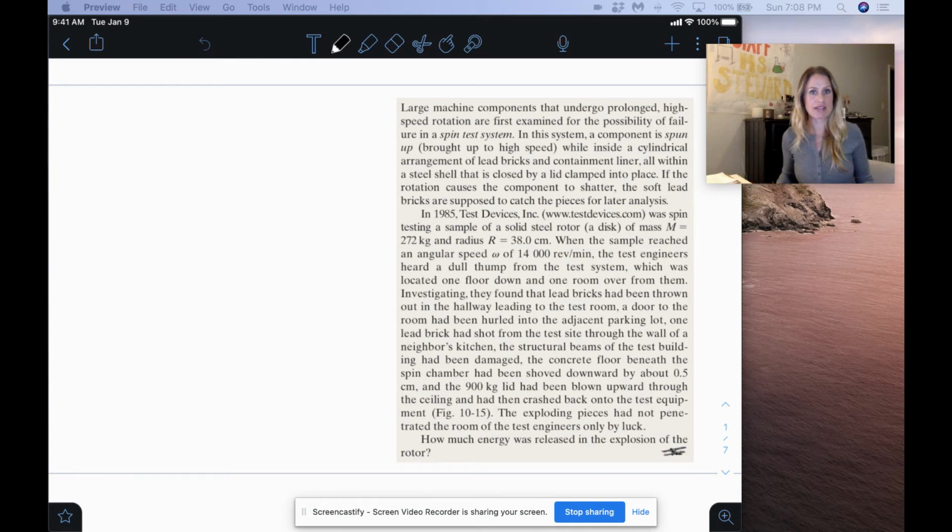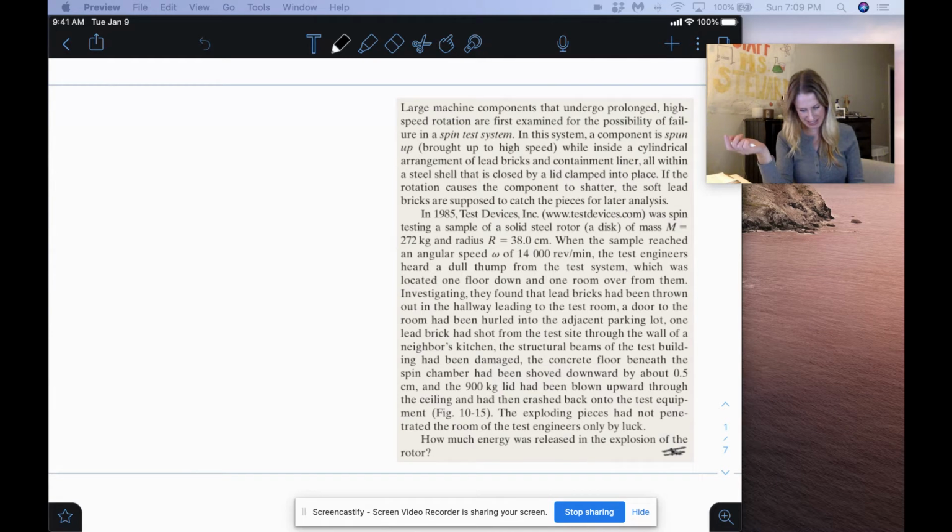All right, so this is example number 1 for rotational inertia. It's a lot of information for not a very difficult problem. And I just turned it upside down for myself. There we go. Large machine components that undergo prolonged high-speed rotation are first examined for the possibility of failure in